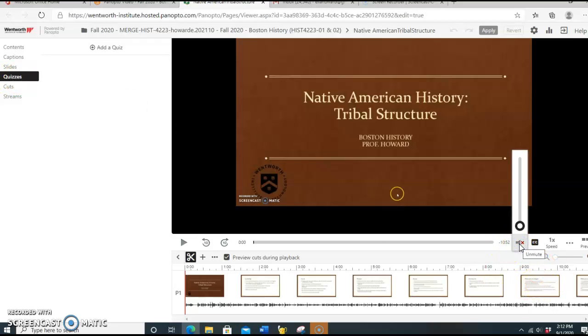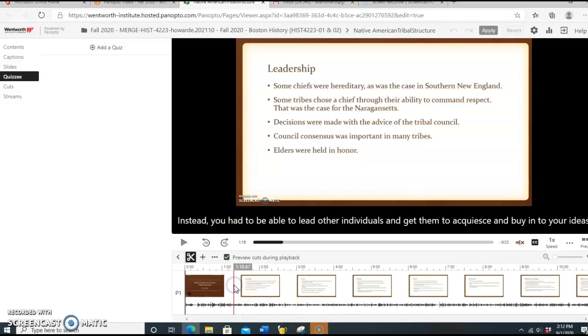So this is a pretty straightforward process. What you're going to do is navigate to the position in the lecture where you want to add a quiz. So you can listen to the audio tracks. You can click through by using the progress bar here at the bottom and choose the places where you want to put